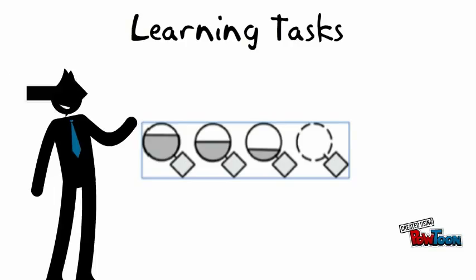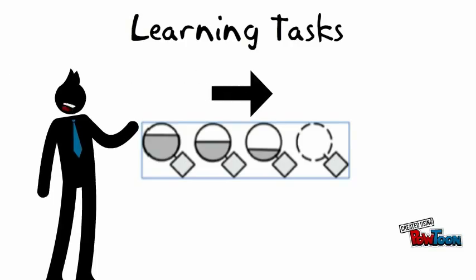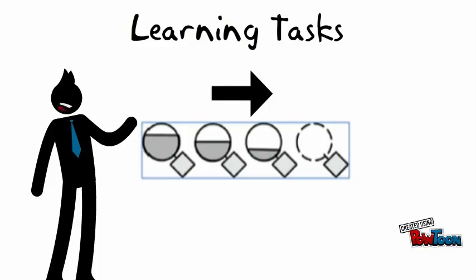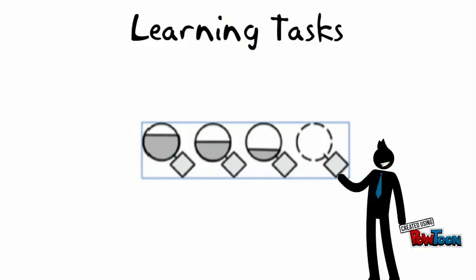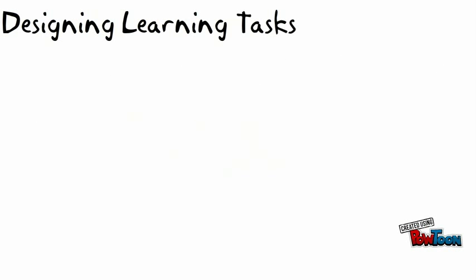As evidenced by the circles here, there is less support and guidance offered as the learner progresses through the program. The diamonds demonstrate periods of learner reflection from which they can solidify learning concepts prior to their next attempt. The steps involved in the learning task component of the 4C ID model include designing learning tasks, developing assessment instruments, and